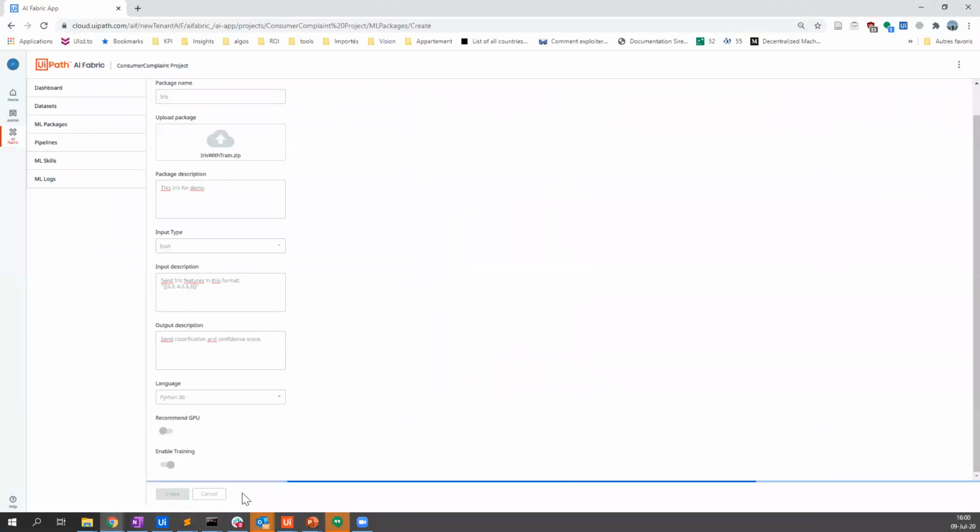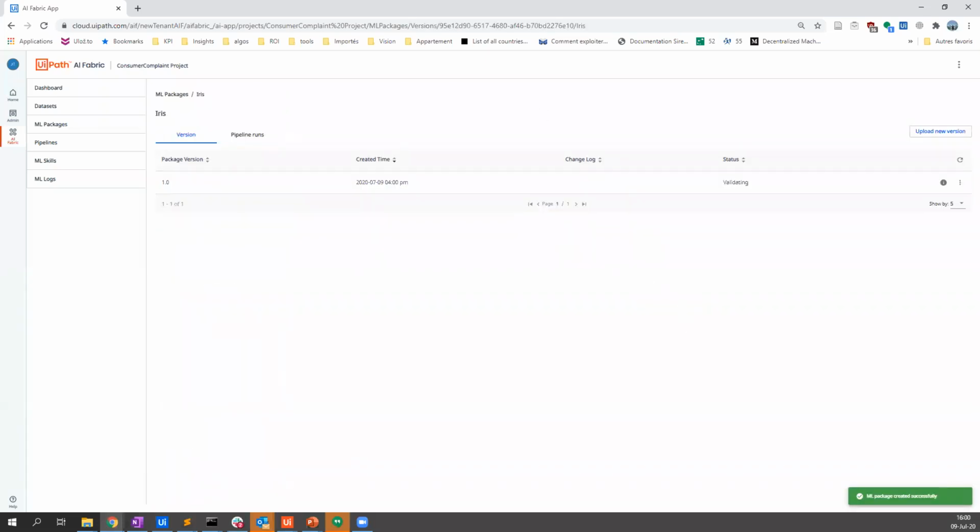So you can create it and it will start uploading. Because this one is very light, it went very fast, but if you have a big model, then it might take a bit of time. The first thing that it will check, it will validate the package, and we will basically validate that you put all the functions that we need and in the right format, because we need to understand your package a little bit. I will come back to this a bit later. Now, if I refresh, yeah, it's on deploy, meaning that it has been validated, so you can use it if you want.